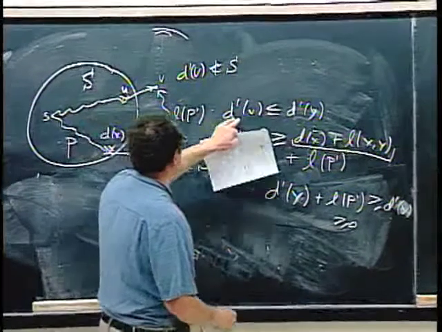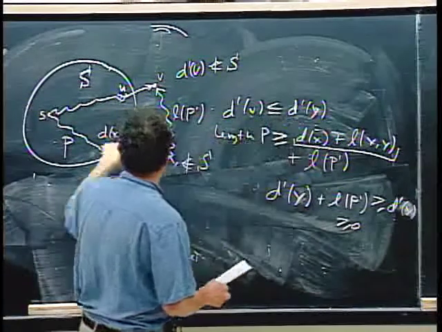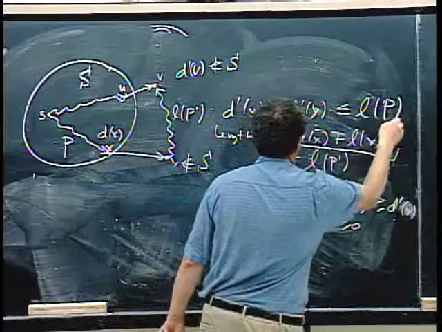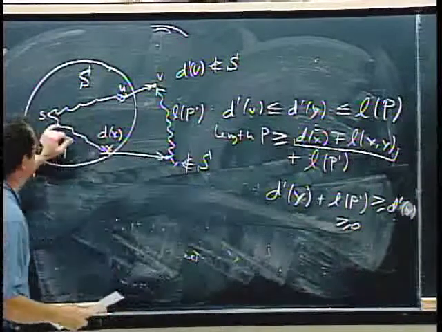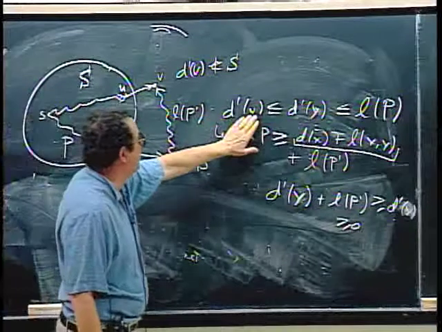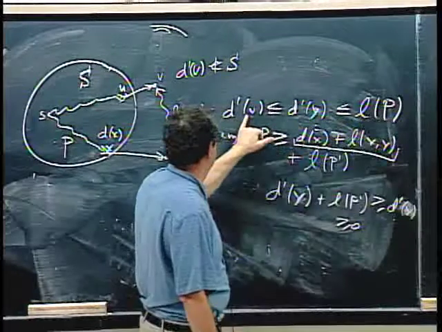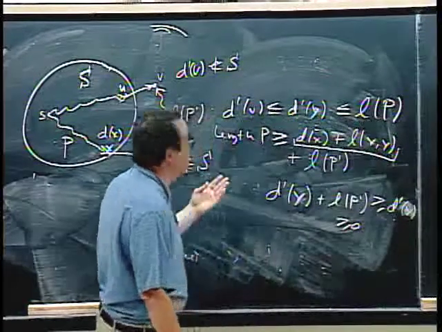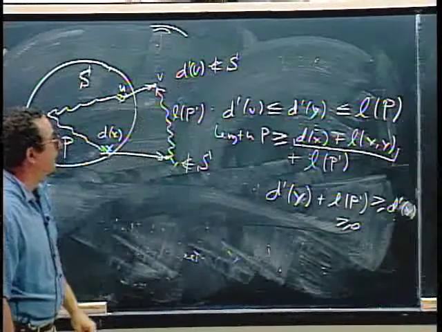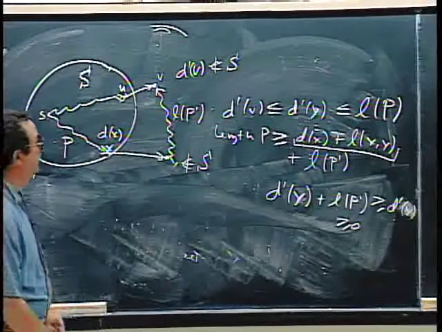So we knew by the algorithm that d prime v is less than or equal to d prime y, and now we've made this argument that says that for the length of the path P, this alternative path from s to v, we have d prime v is less than or equal to d prime y, which is less than or equal to the length of that path. Therefore d prime v is less than or equal to the length of that path, which means that this particular path, which has a length of d prime v, is in fact shorter than any alternative path from s to v, and therefore